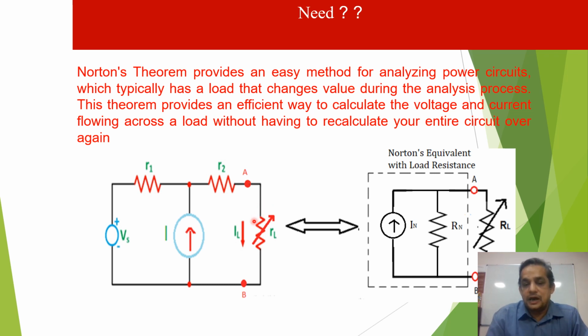But here RL is variable. If we solve KVL or KCL for a particular value of RL, we write an equation. Now again the value of RL is changed. Now again rewrite the equation of KVL, KCL. So if they change the value, then again write the equation. So it is a